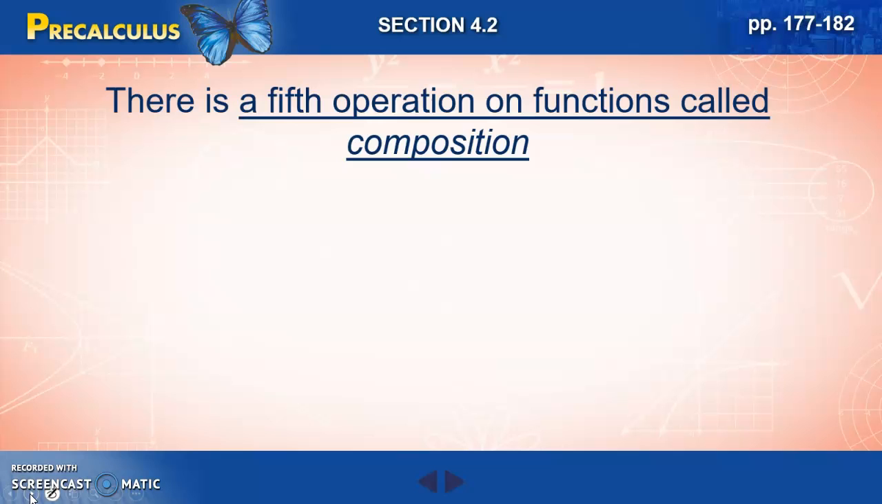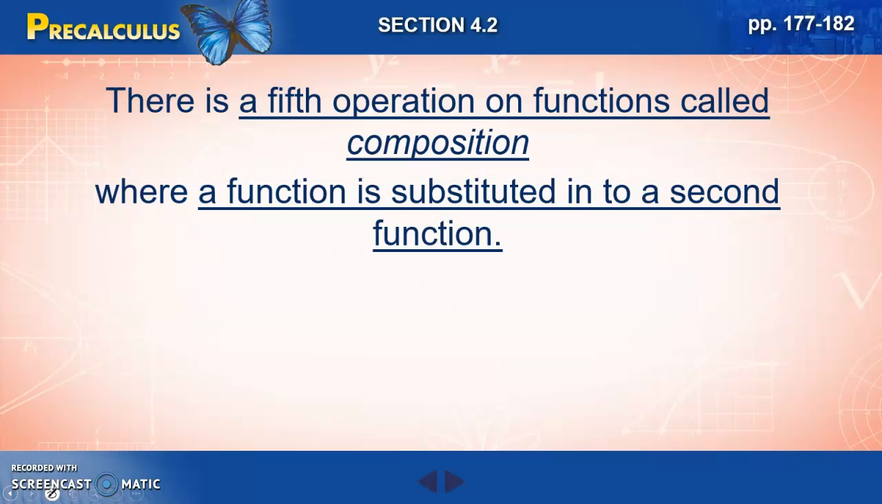All right, now there is a final fifth operation on functions that's called composition. And composition is where a function is substituted into a second function. Think about those Winnie the Pooh nesting dolls that I have on my desk, right? You've got one inside the other. So I think it's Piglet in the center, who's inside of Eeyore, who's inside of Owl, who's inside of Pooh. Okay, you've got one